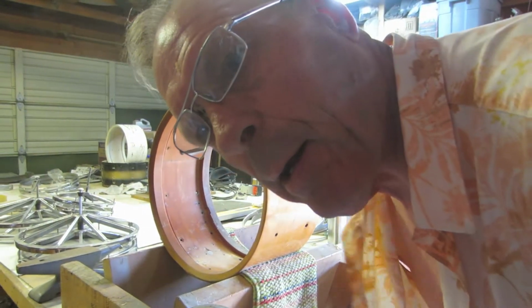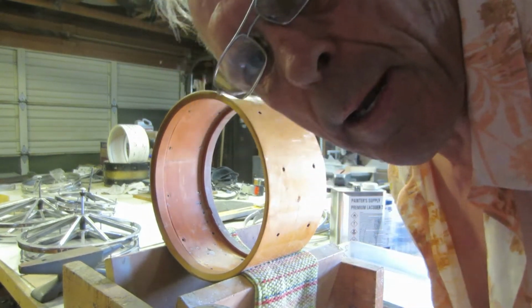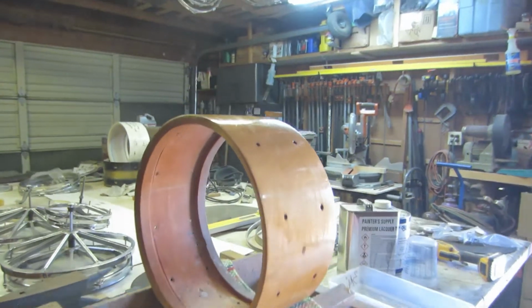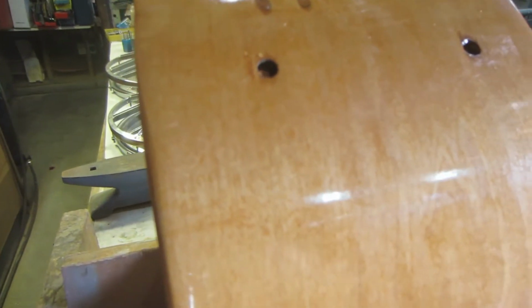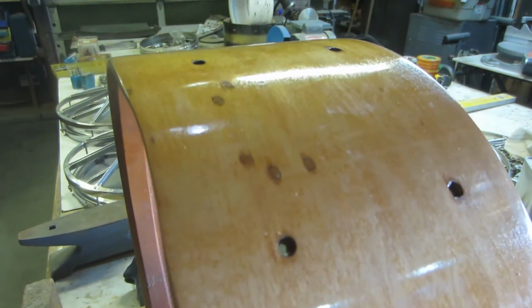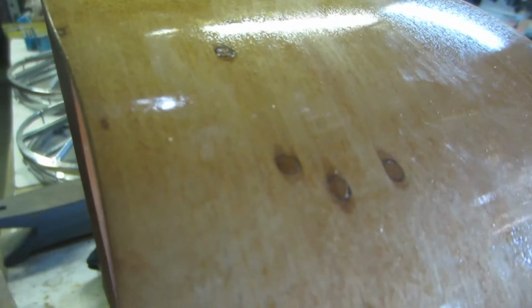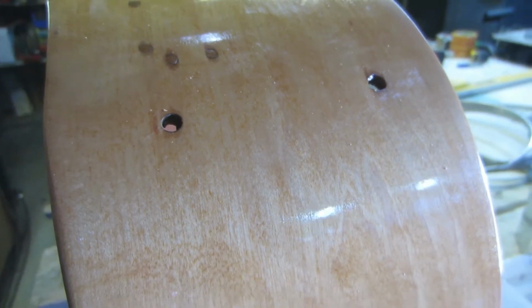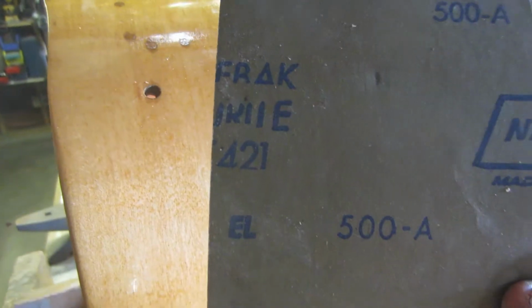Hey friends, we're back. We're going to get ready to give this drum a wet sand on this lacquer finish. It's been drying about 3 days, I guess. I've had some other things going on and thought I'd let it really take, and it just needs a light sand, so I'm going to go over it with a 500 grit wet sand,